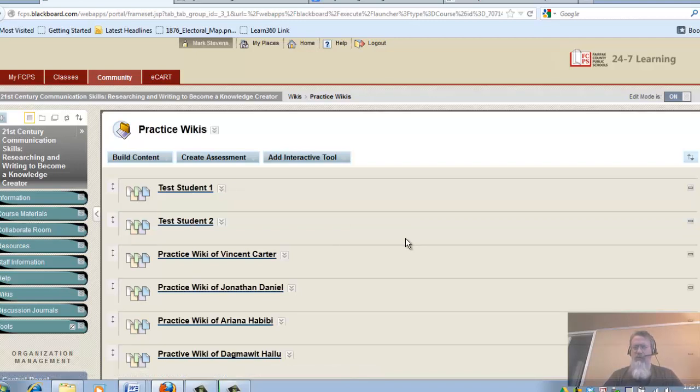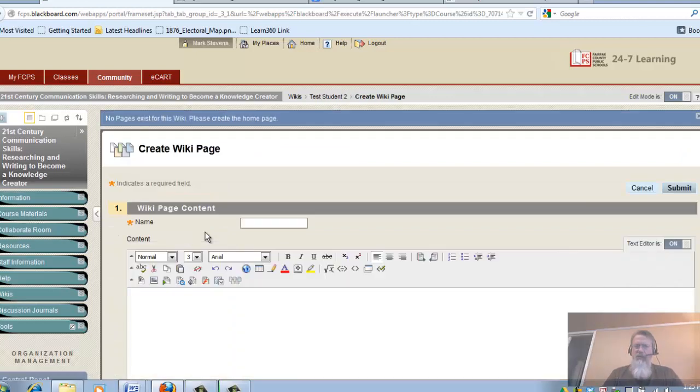Now, what we're going to be doing today is just showing how you go in both the first time and then other times after that to edit it. So we're going to go into Test Student 2. You simply click on it, and this is what you'll see the very first time you go in. Well, you've got to give it a name. Usually the name of the first page is the main page or the home page or the index page. So I'm going to name this one